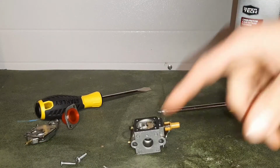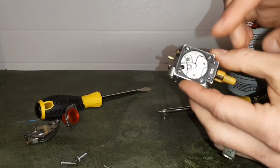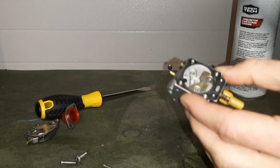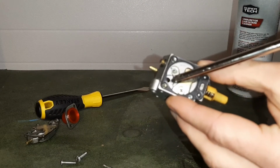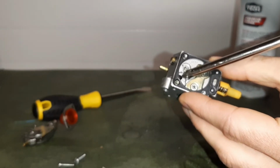Okay, now we have our needle valve off to the side. We can take a look inside, right where that needle valve was sitting. Take this screw off, my magnetic screwdriver. Right where that needle valve was sitting, that's the most important spot right there that you want to hit with